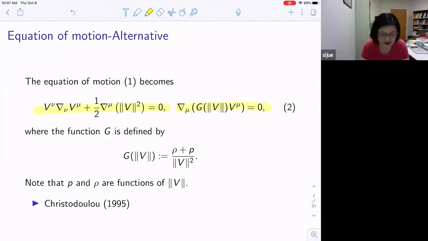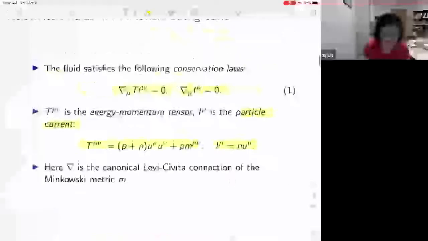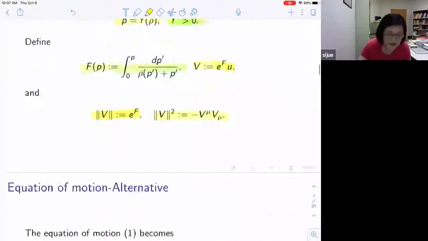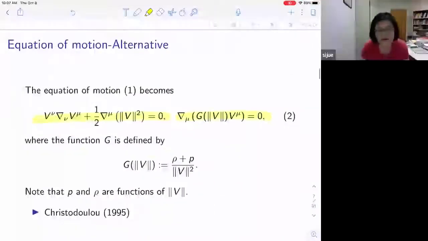So originally there's the energy momentum tensor, right? It looks pretty complicated if you look at this equation. But after introducing this new variable, it becomes much easier to understand. So the first equation here corresponds to the conservation of the energy momentum, and the second one is